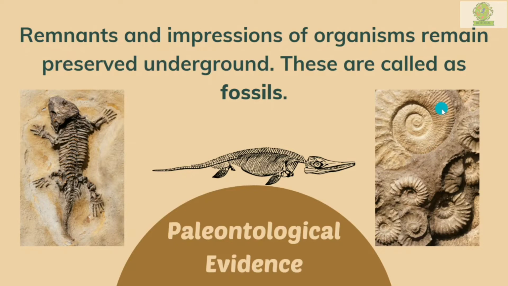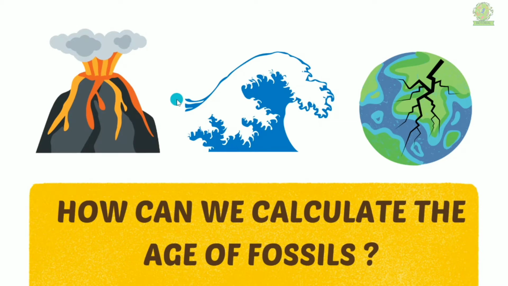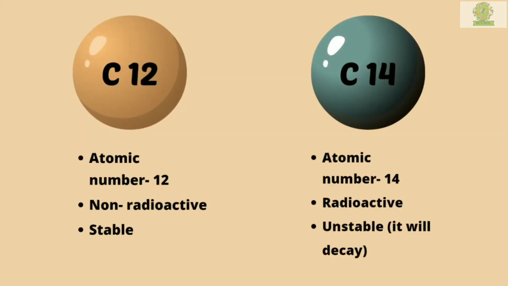Also, in the second image we have tried to show what fossils are and how the impression of a fossil looks. Usually fossils are formed due to certain natural calamities. It can be a volcano, a tsunami, an earthquake, or even landslides, etc. But how can we calculate the age of fossils? There is a method through which we can calculate the age of fossils, but before we get to it,